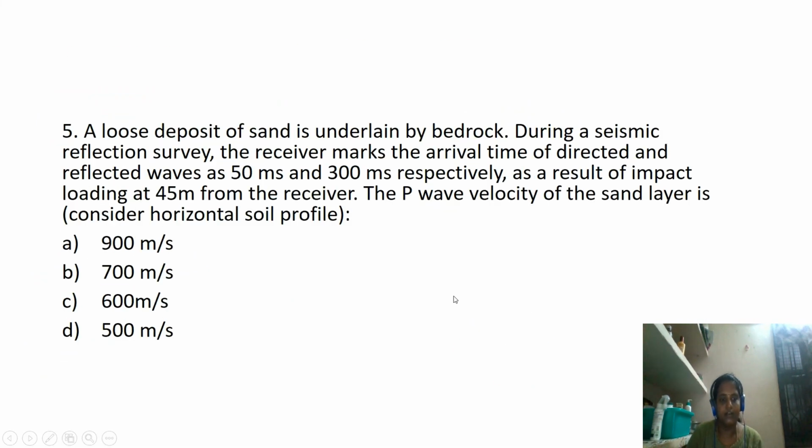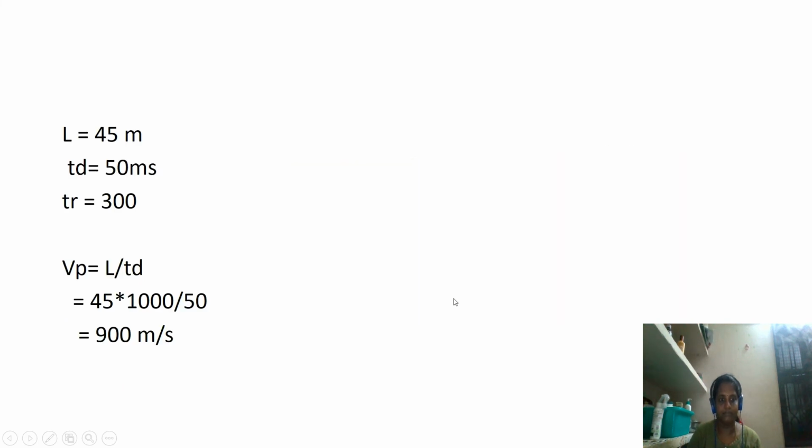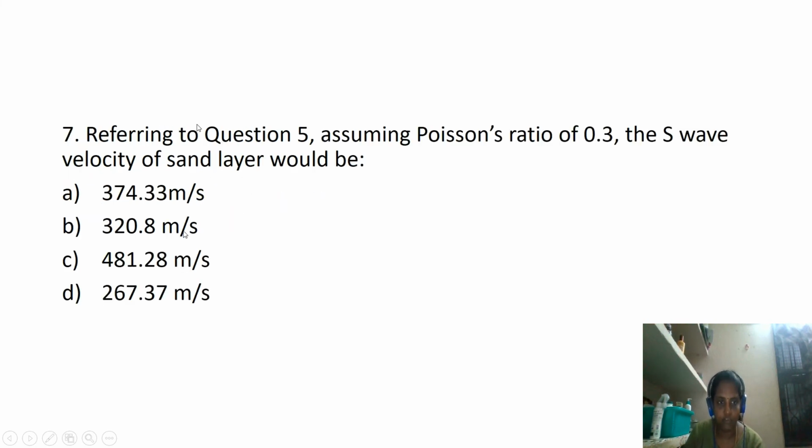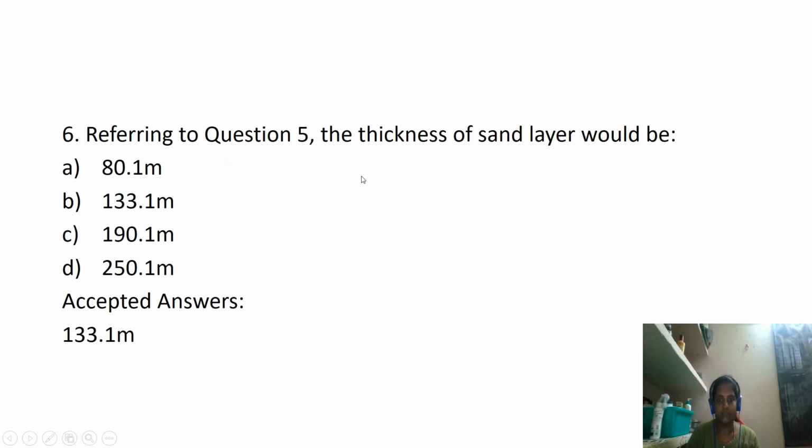So we have found out the thickness of the layer from the equation. The next question is for the same question. If we have a Poisson's ratio of 0.3, what could be the S wave velocity? So to find out the S wave velocity,